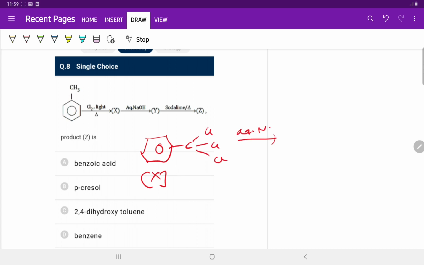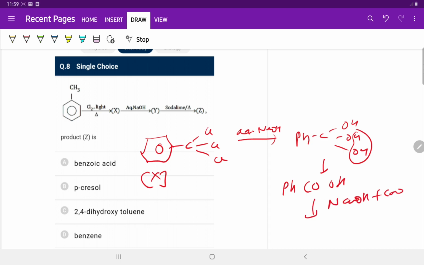Aqueous NaOH, SN2 reaction, and the chlorine atom is replaced by an OH group, and ultimately the product is benzoic acid. Product is benzoic acid, PhCOOH. Soda lime,